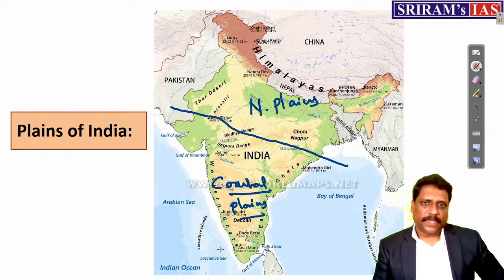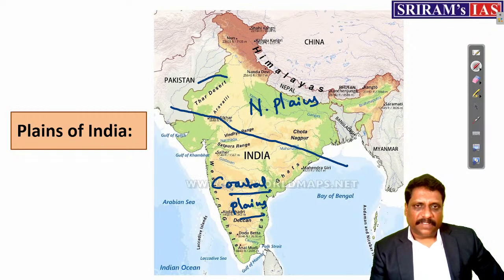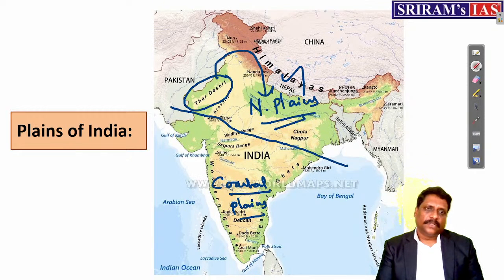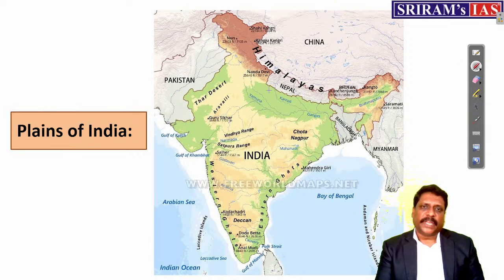When I talk about Thar Desert, my dear friends, Thar Desert also I am just somewhere bringing within the scope of what? Northern plains of India itself. See, when I talk about plains of India, my dear friends, where all we have these plains of India, see, the western Rajasthan, the eastern Rajasthan. Actually, say for example, here the eastern Rajasthan is not shown, but somewhere I can also include eastern Rajasthan.